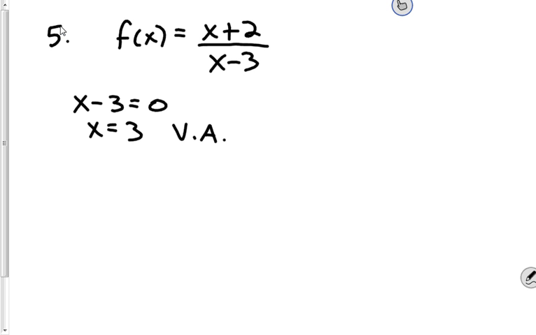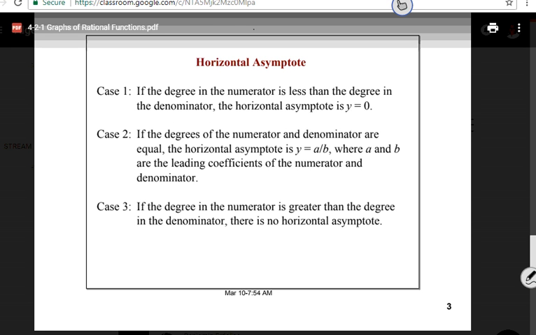Now we can find the horizontal asymptote, which has 3 cases, right? And we know that in case number 2, if the degrees of the numerator and denominator are equal, the horizontal asymptote is y equals a over b, where a and b are the leading coefficients of the numerator and denominator, right? So